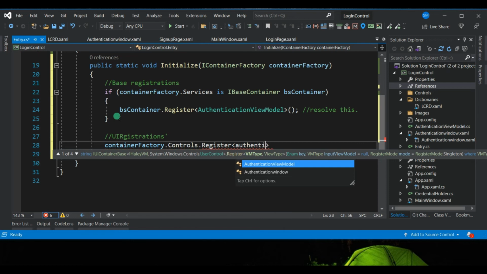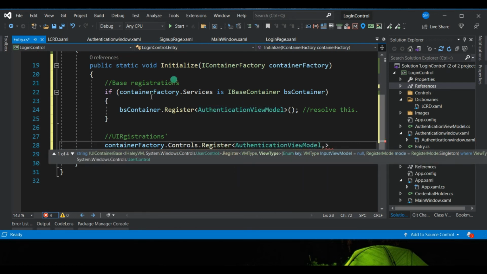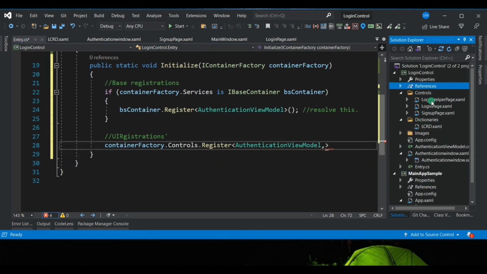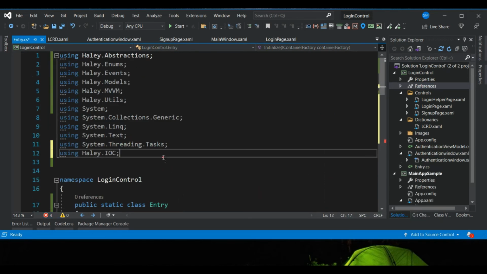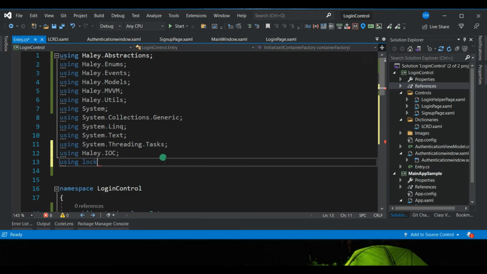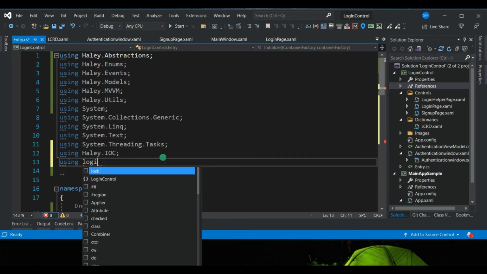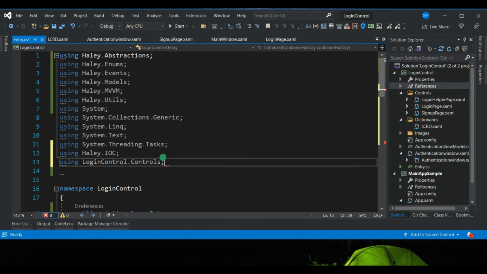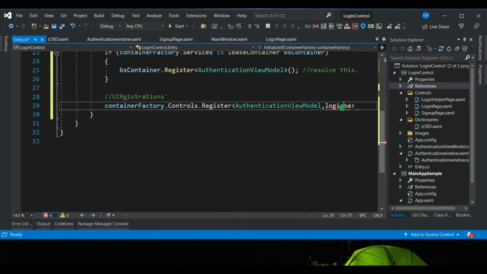I need to register authentication window view model with my controls. First control is login page, sign up page, login control. Okay, login page. We need this reference, using login control dot controls. Okay, login page